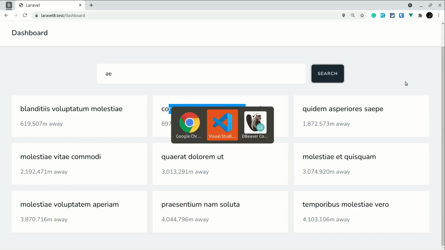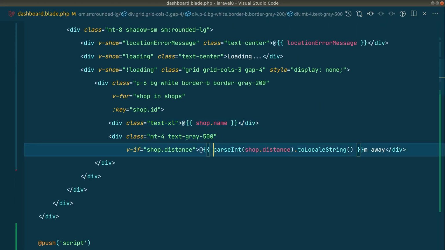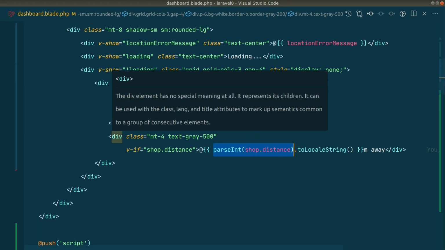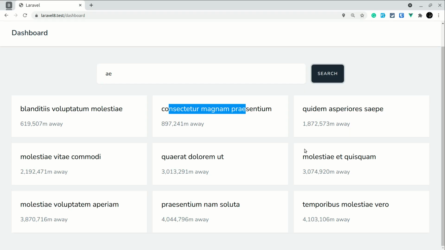So here in the Vue.js part or in the JavaScript part, we can do it like this. I am just parsing this distance into int, converting the float into an integer, and then we can call toLocaleString, and then it will automatically separate these numbers by comma.